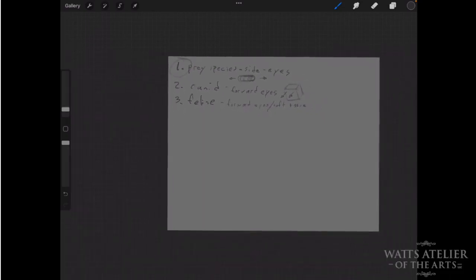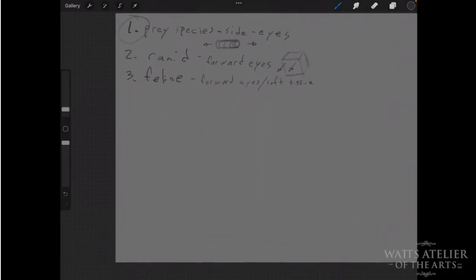All right, let's hop into these 3 demos. Number 1, we're going to tackle our prey species, our ungulate, our equine, our horse. The big thing, as I mentioned, is those sideways facing eyes. To get those eyes, we need a flatter plane to keep those eyes pointing out towards the side, something to anchor that tube shape into. So what I like to start with here,